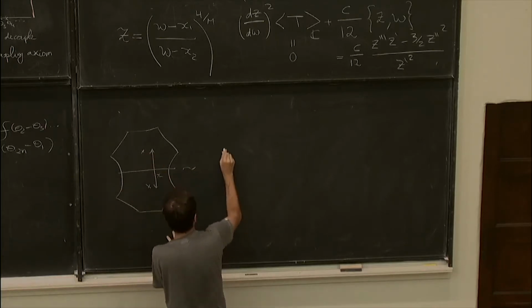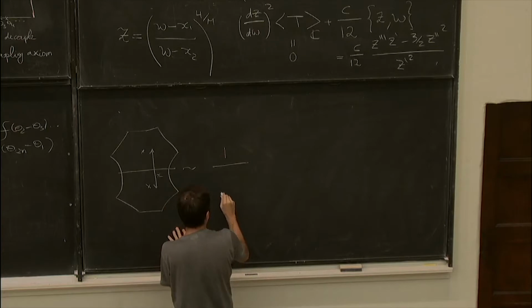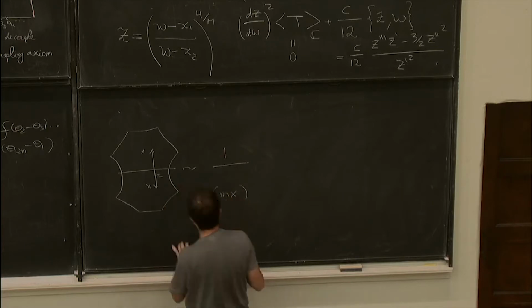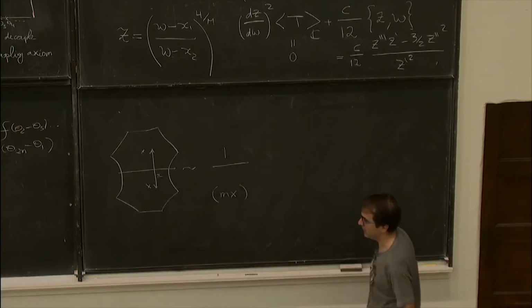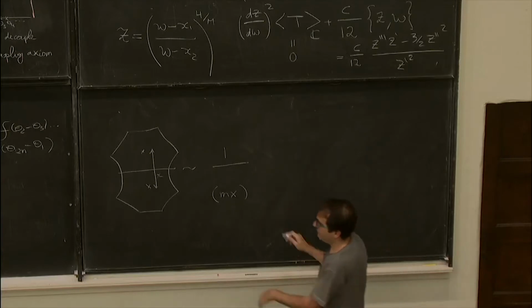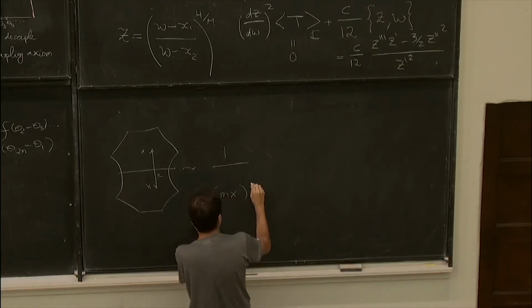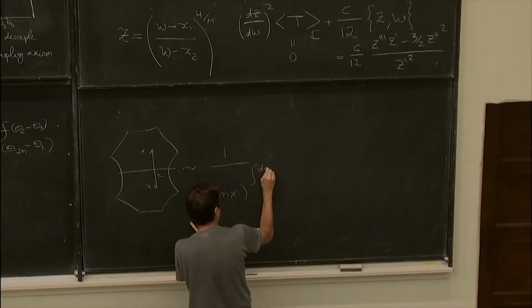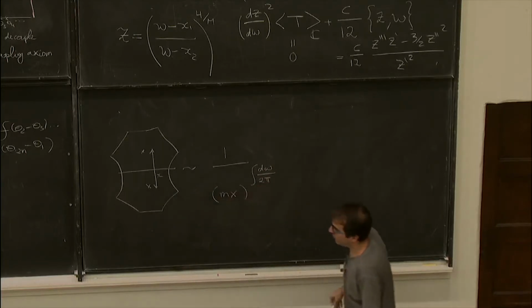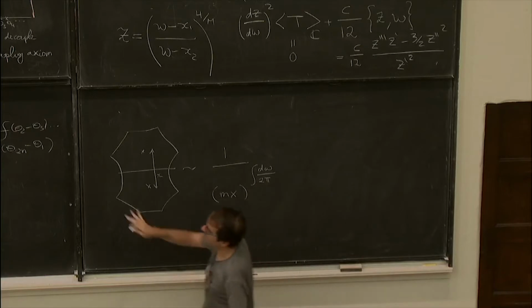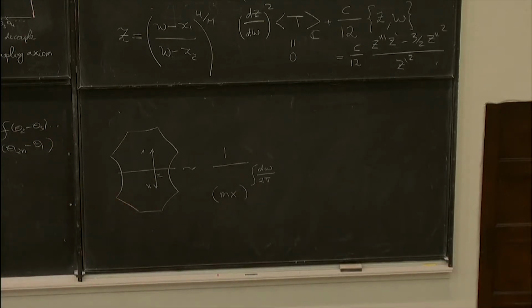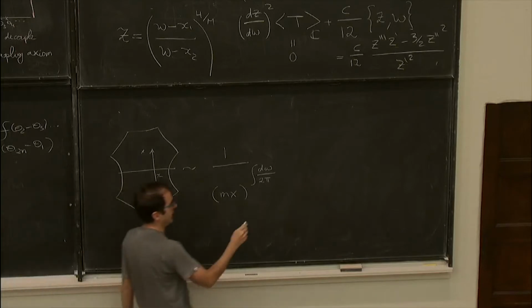This is exponentiated, so it became 1 over mx, because mx is with the log in the exponent. And upstairs, now all these convolutions, it's easy to just go to Fourier, so it becomes d omega over 2 pi, and then I have a sum of an arbitrary even number of them, with a 1 over n. So 1 over m sums to log